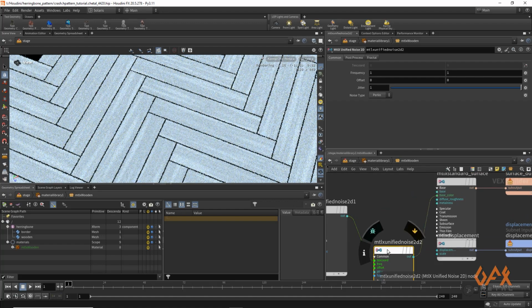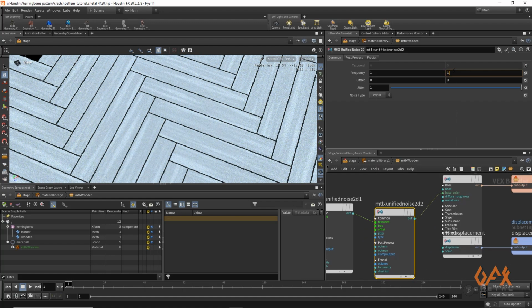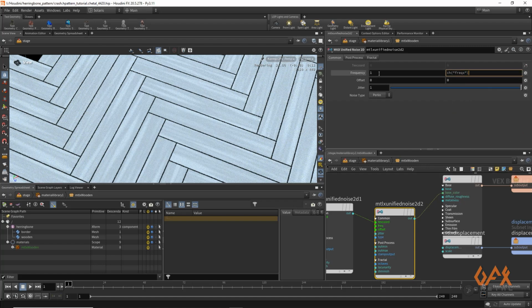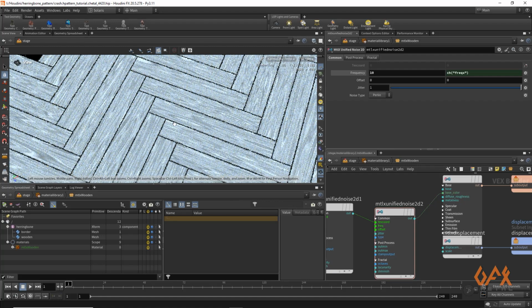And in this particular unified noise, I just copy this parameter, paste it over here in that Y, and I just apply the value to be maybe 10. And see, you will get patterns like a wooden pattern.